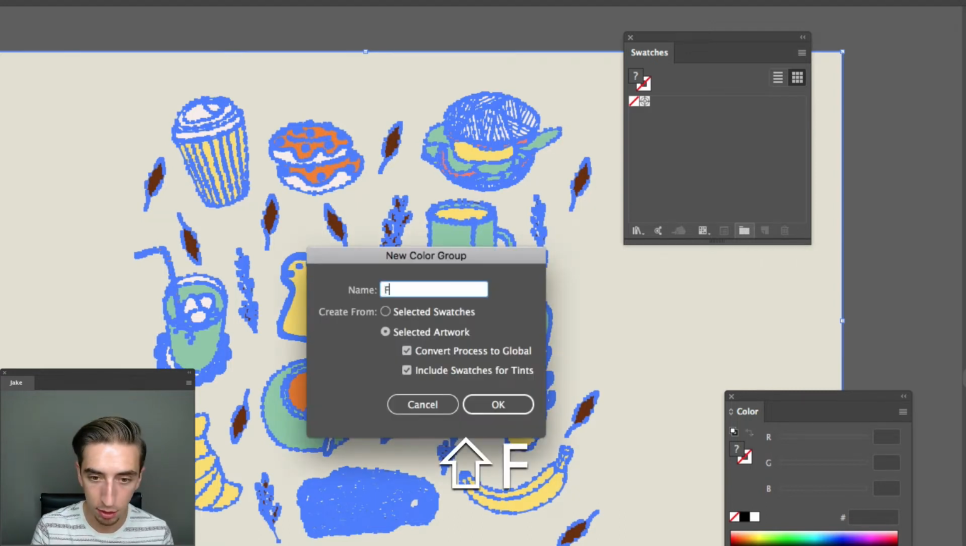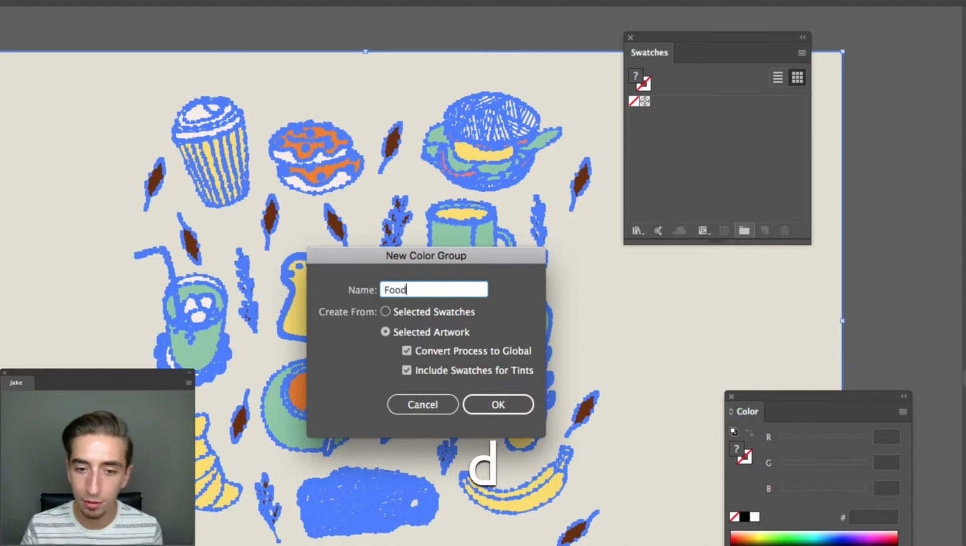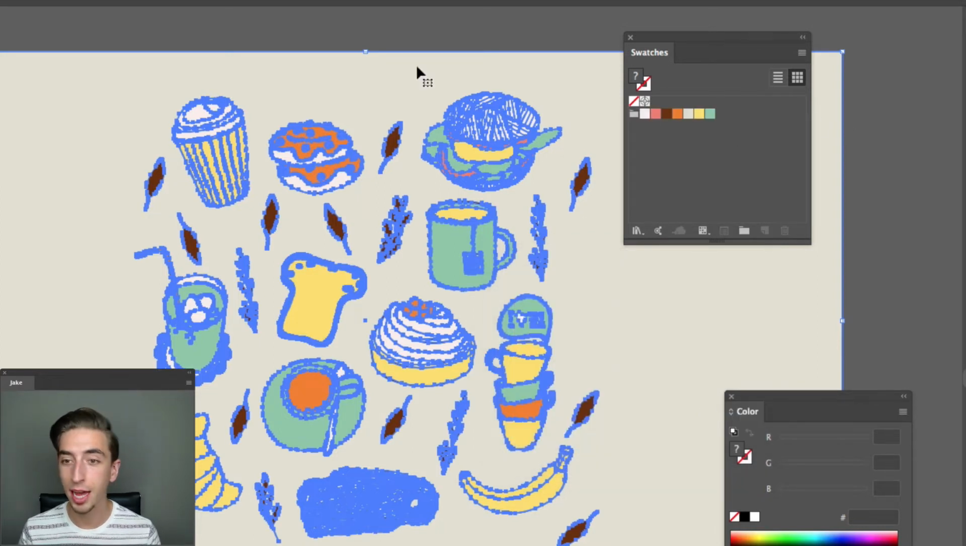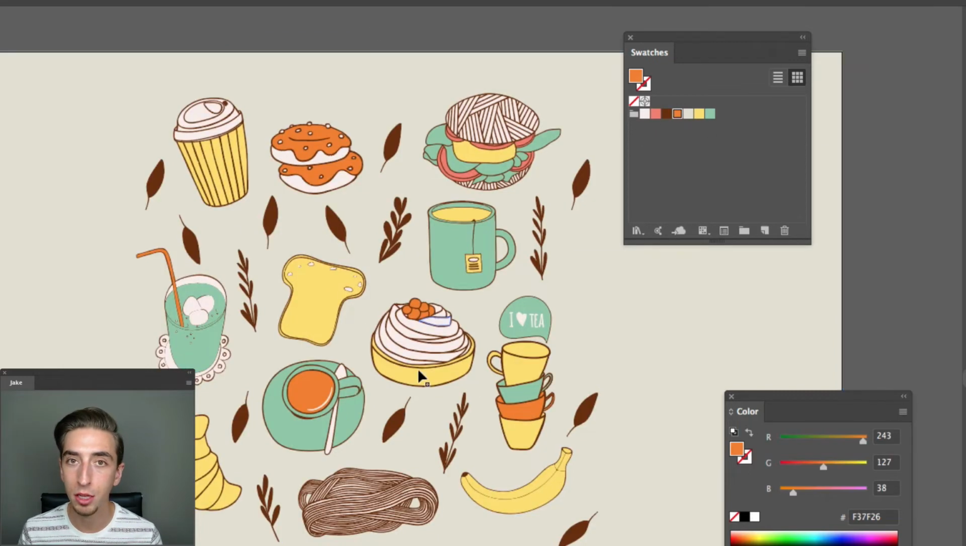Again, I'm going to rename this food, but I have some more options. So you can see that it's creating from my selected artwork, from what I selected, and then we have two checkboxes. I'm going to uncheck this one that says convert process to global just for now, and I'm going to click OK. Just like that, it's built a swatch folder with all the colors that are being used inside